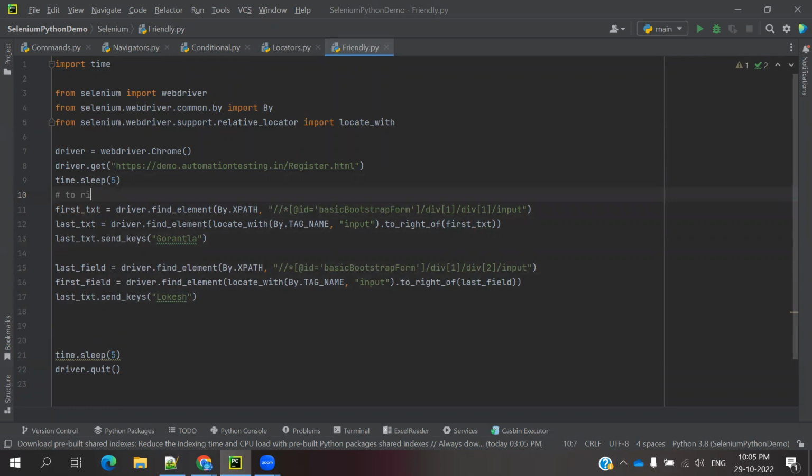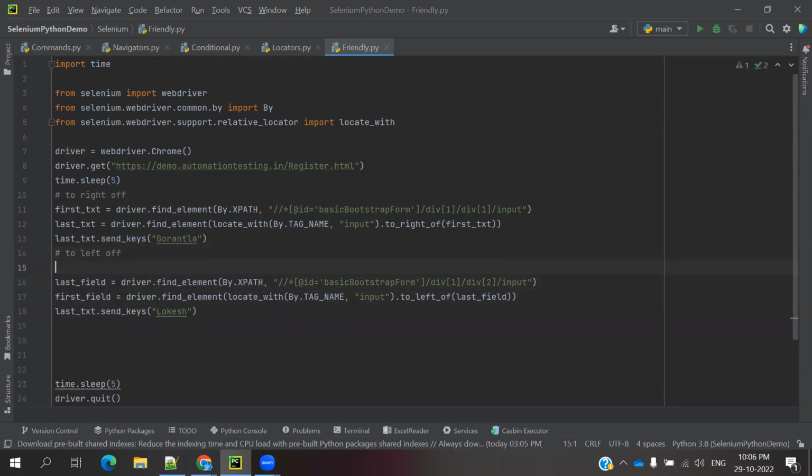to right of, and this is basically to left of, to left of. Okay, now I need to use for some time to see whether it is basically